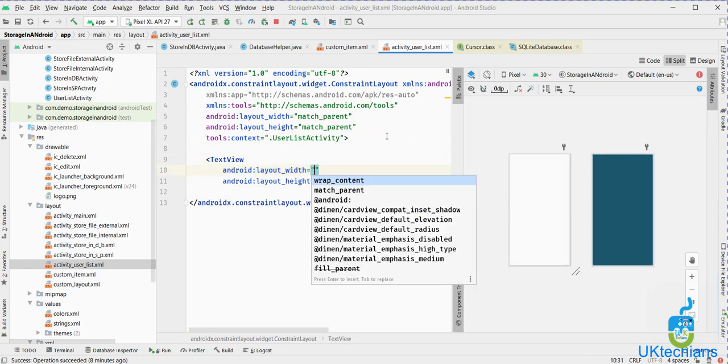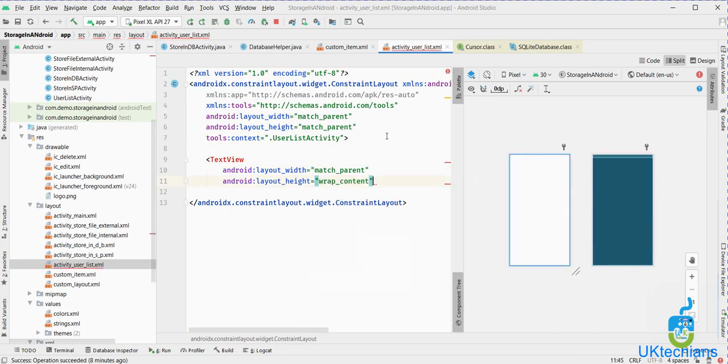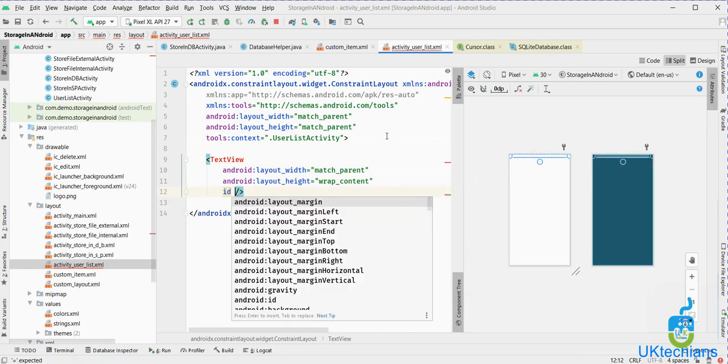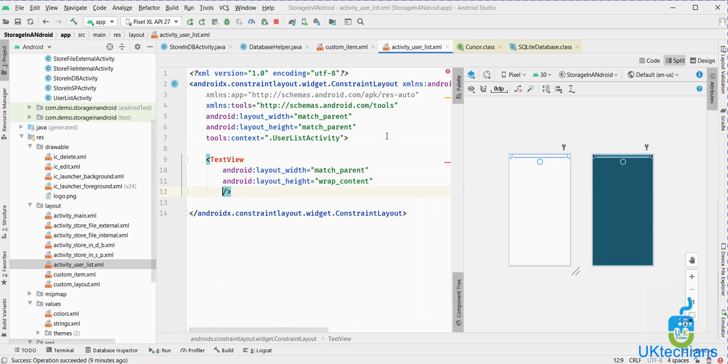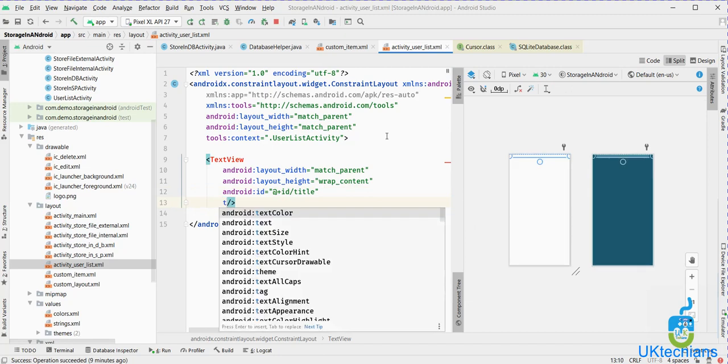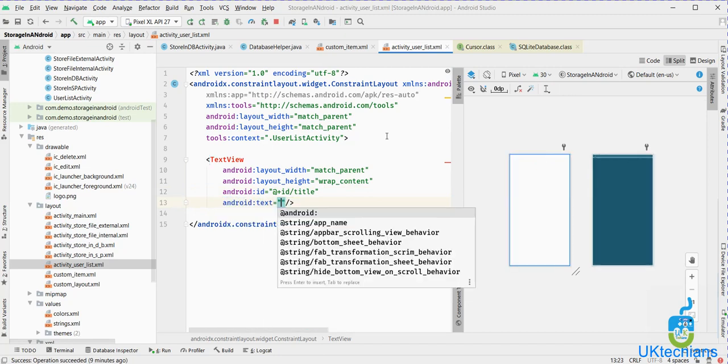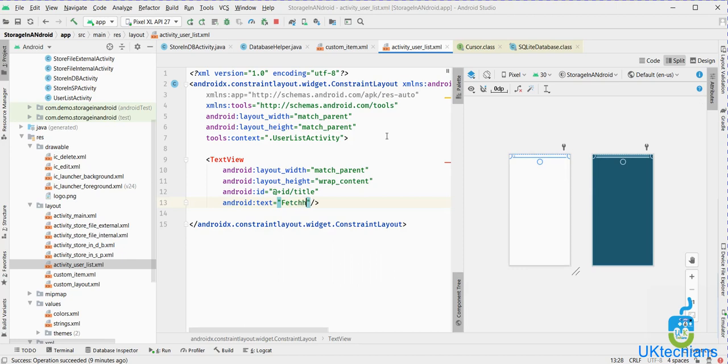First of all, we will say match parent, wrap content, then the id will be title, and the text is fetch record, fetch users, right?